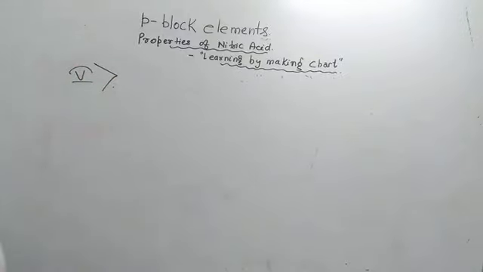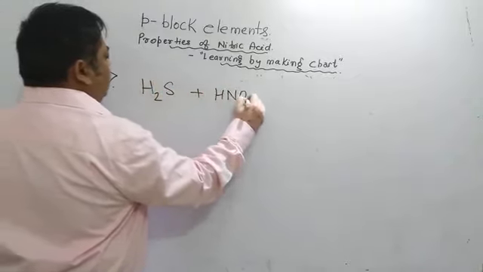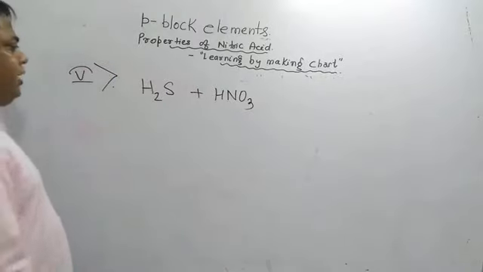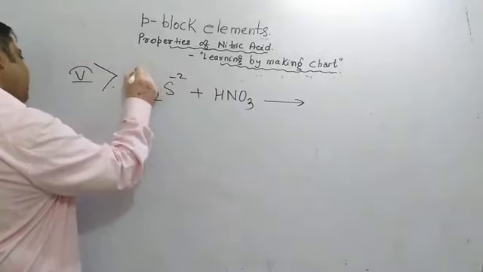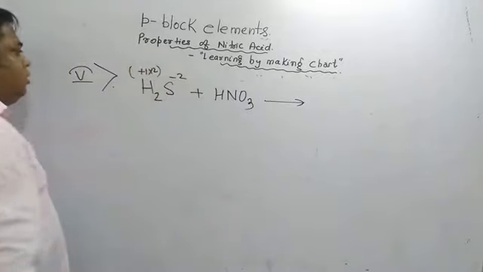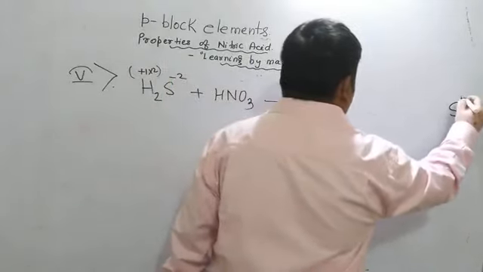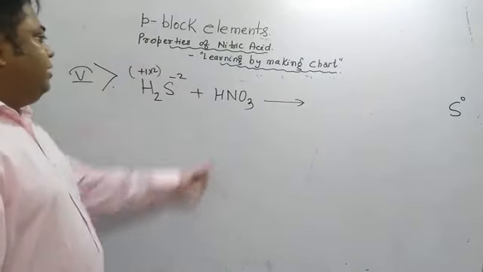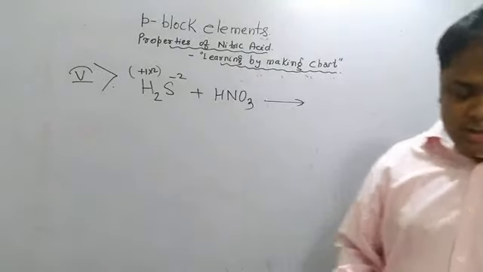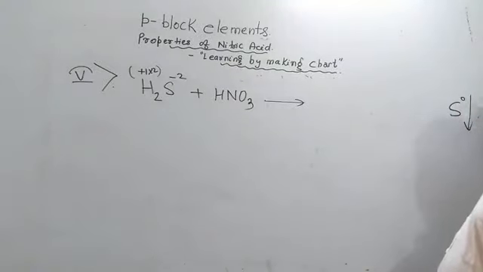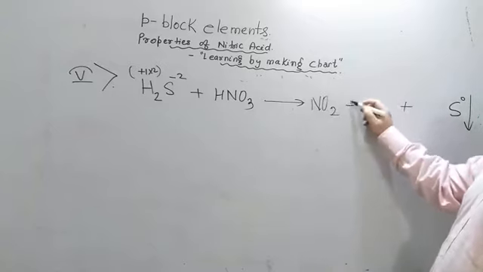Fifth point is reaction of H2S with HNO3. Now, without knowing anything, how will you guess what is going to be formed? It is -2 oxidation state, and +1 oxidation state multiplied by 2. If it gets oxidized, what can it form? It can form sulfur, 0. And then nitric acid will reduce to NO2 and H2O will come out. Okay, let us see if it happens like that. Yes, it happens like that itself. Sulfur gets precipitated, yellow colored, and NO2 is formed and H2O comes out.